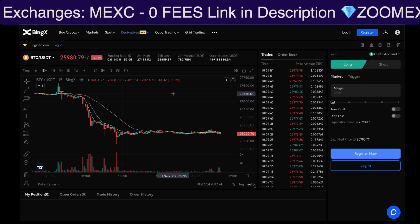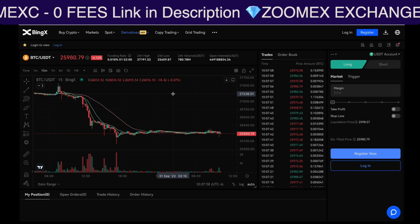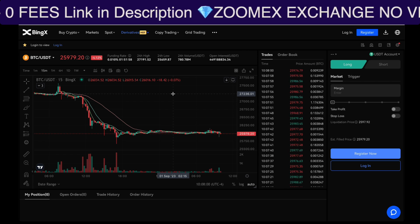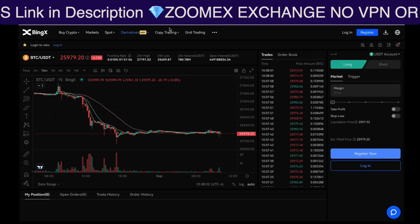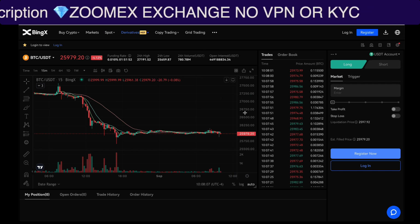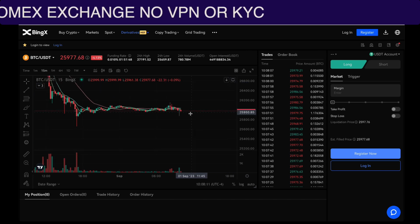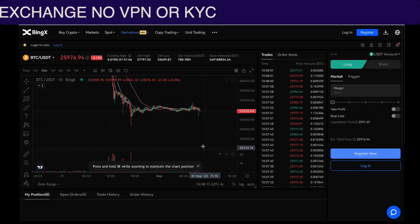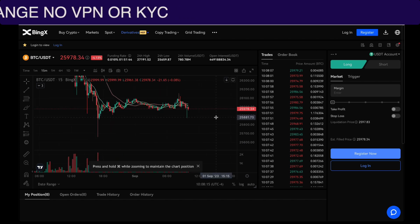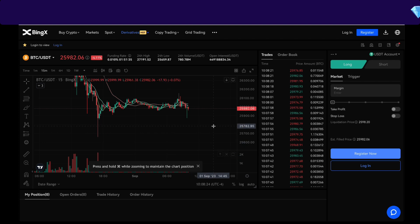So what does this mean? This means you can trade traditional markets without having to open up a traditional broker account, and all your profits can be realized in USDT tether. So this is a huge advantage for people like myself who primarily trade cryptocurrency, Bitcoin, and altcoins, but have recognized that there's a lot of opportunities now, especially now, in the traditional markets, more so even than in the cryptocurrency